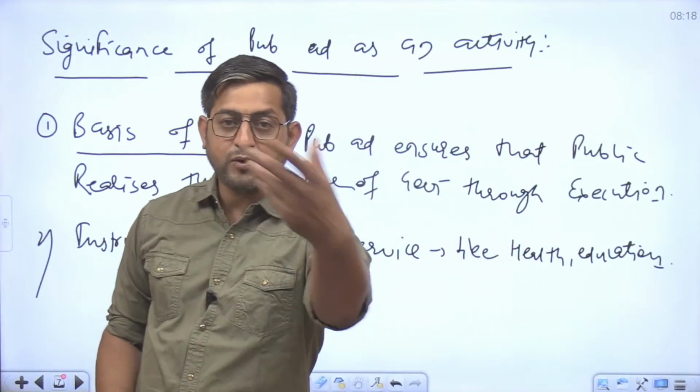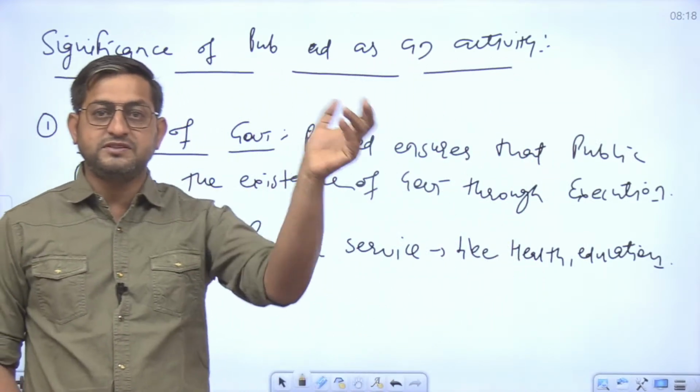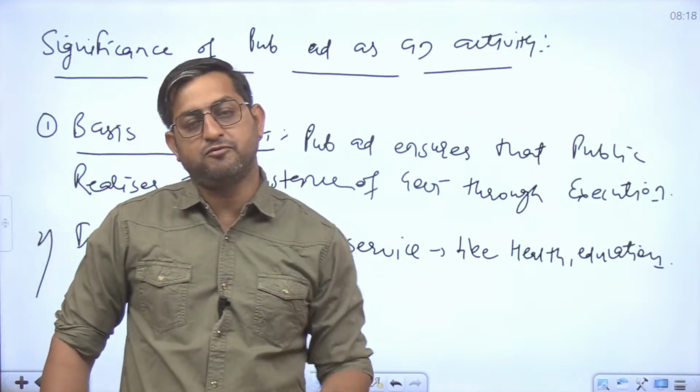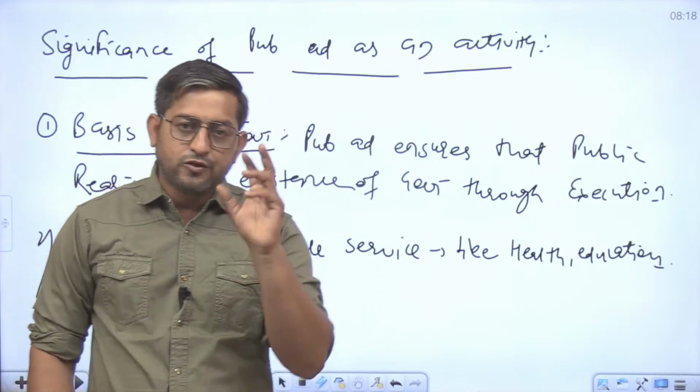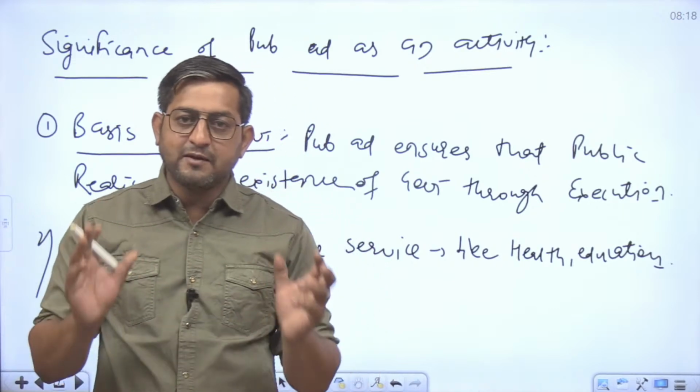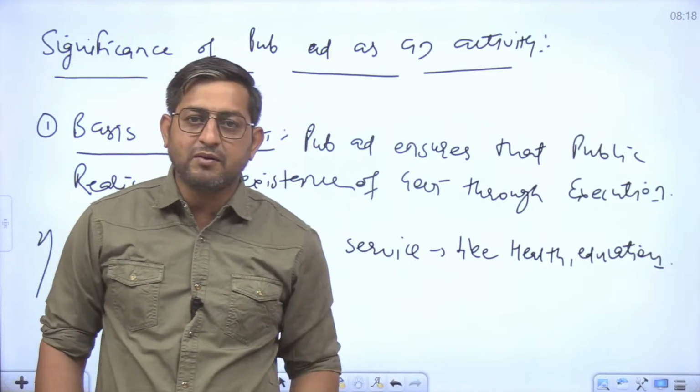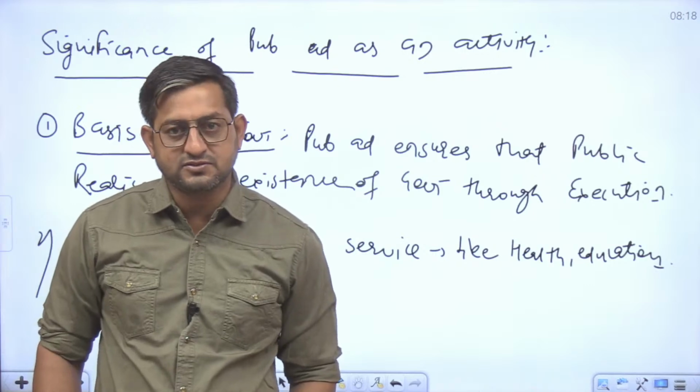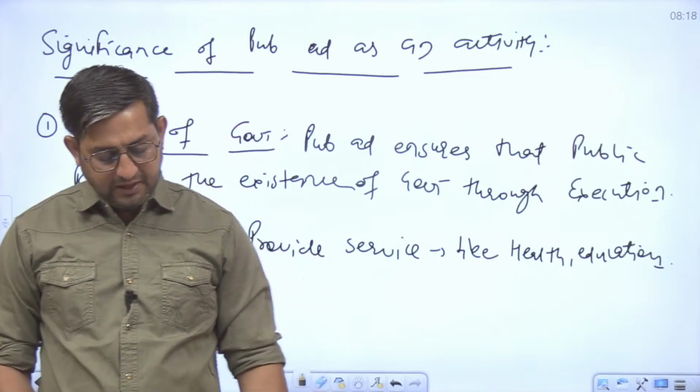Those services are provided through the machinery established, which is operated by the bureaucracy. So it is the bureaucracy which runs that machinery, and through that machinery government provides the basic and necessary services to the citizens. Similarly,